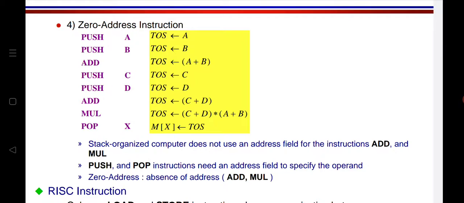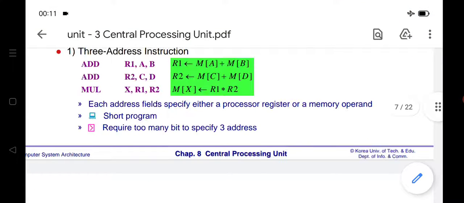A zero address is nothing but your absence of addresses in the addition and multiplication instruction. We are not going to specify any address field. That is why it is known as a zero address instruction.